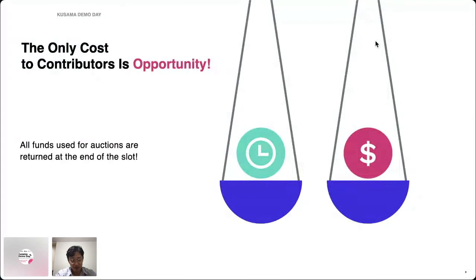But then we see that I think it goes a little bit deeper than just opportunity cost to determine why you could say crowd loans is such a big deal, right? Because I think this really represents an evolution in which projects can acquire funds for their projects compared to previous ways to fundraise, such as IDOs and IEOs, because you're guaranteed to get your original principal back in terms of KSM tokens at the end of the slot,